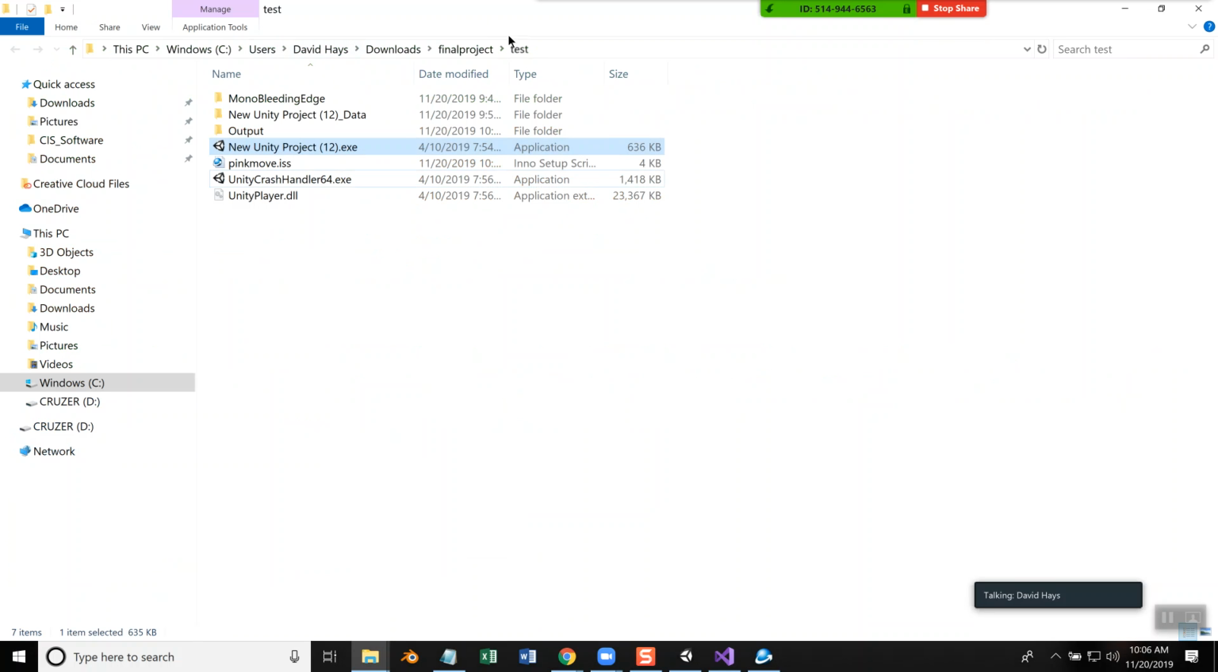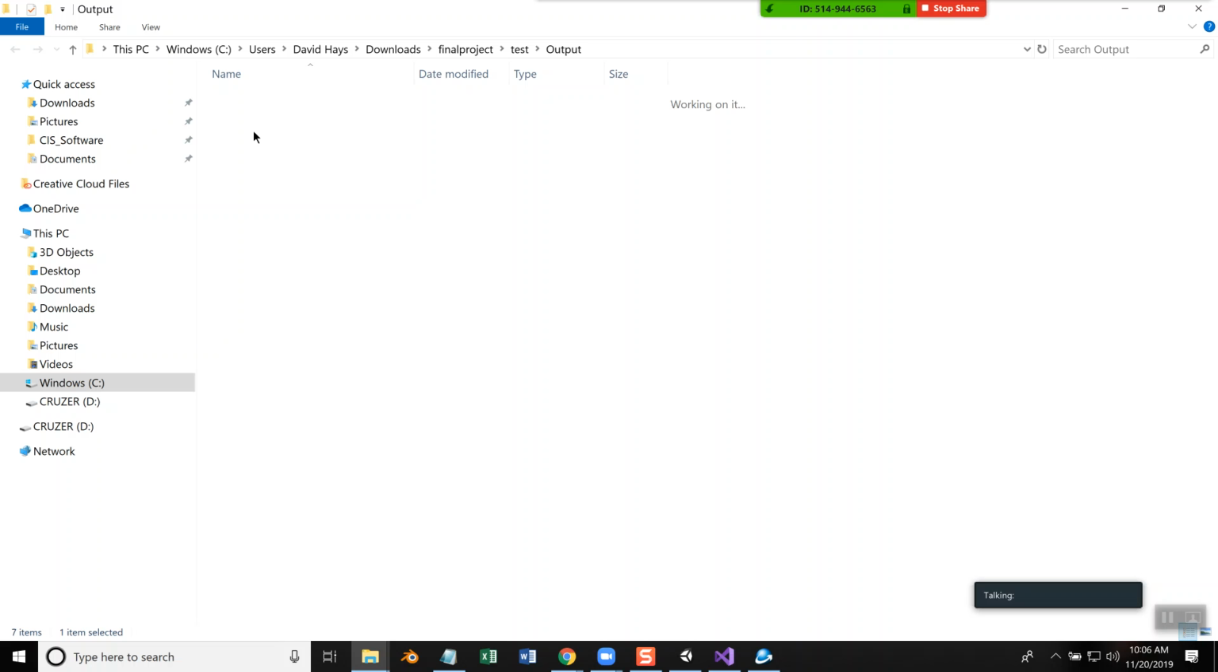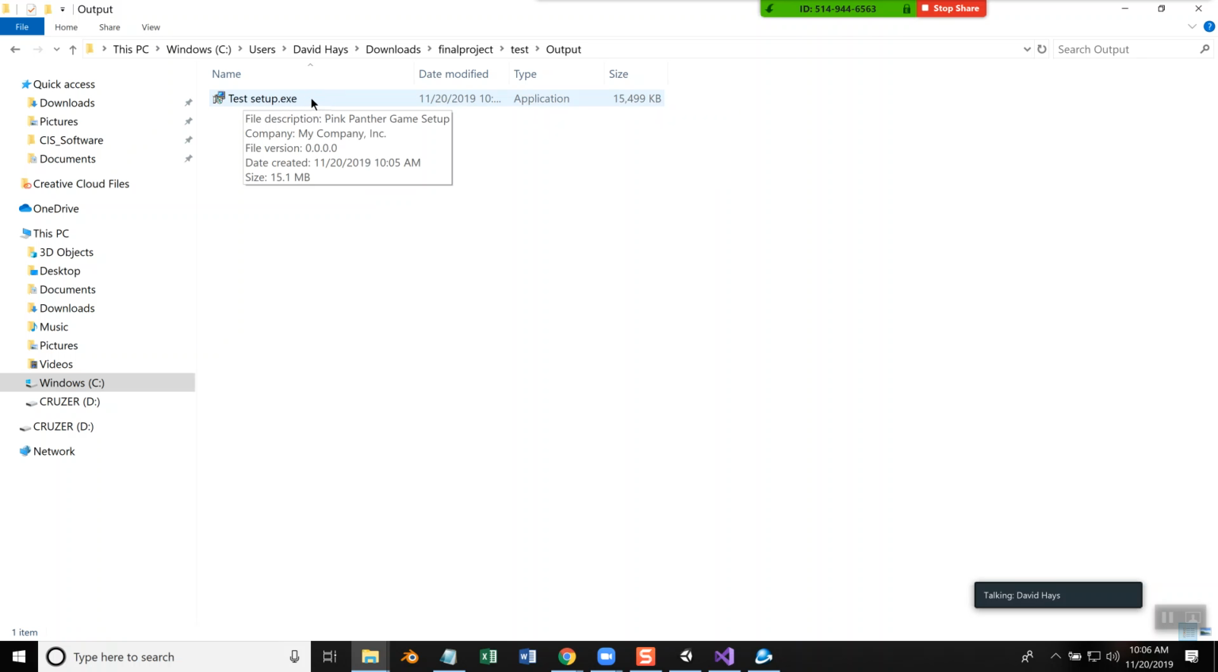If I go to that folder, I see there's now an output. If I double click the output, everything is now contained in this test setup exe file. And I'm going to show it. If I run this,